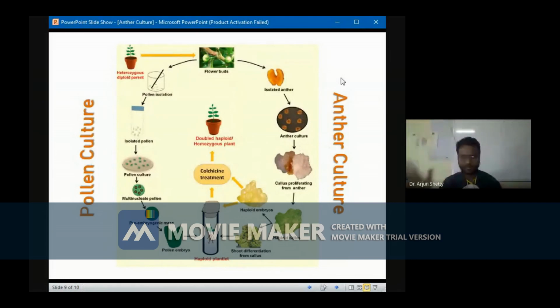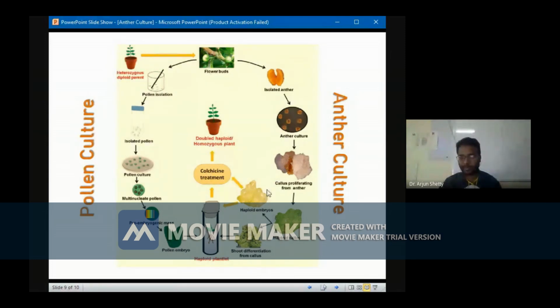From my right side you could see the anther culture, where we go for the flower buds. Immature flower buds have to be taken, selected and surface sterilized, and from there the anther has to be selected. Once the anther has been isolated, it has to be inoculated on a nutrient medium. Initially the anthers proliferate to form callus, and because these have been produced from the anthers, it has been noted that these can be haploid callus. Once the callus has formed, it may directly form the shoots or it may form haploid